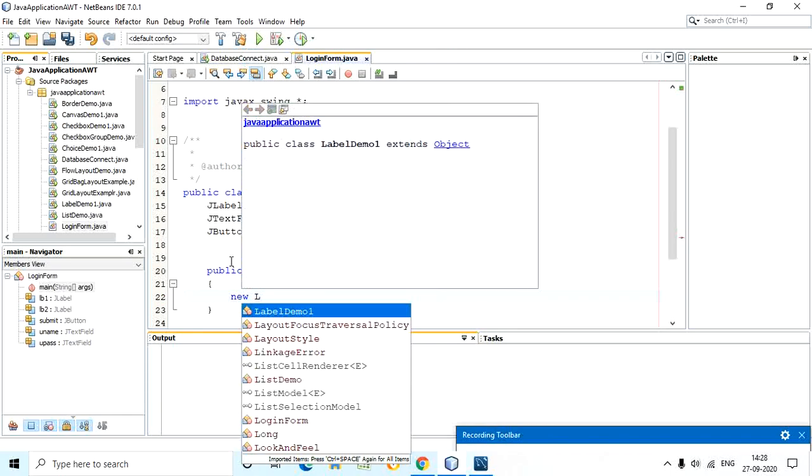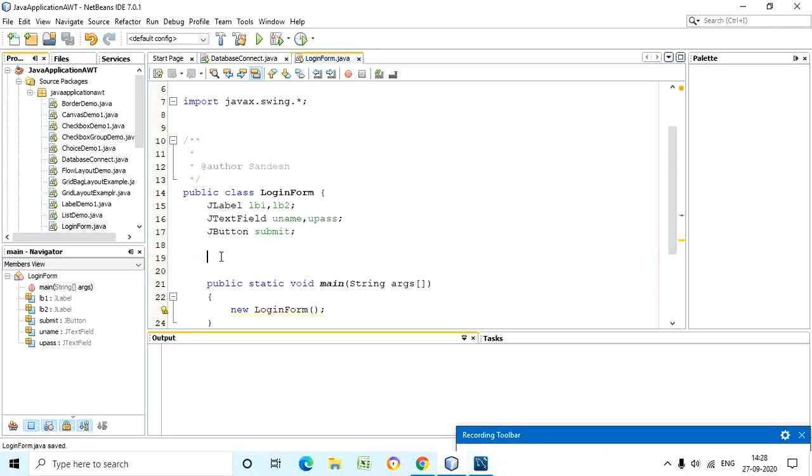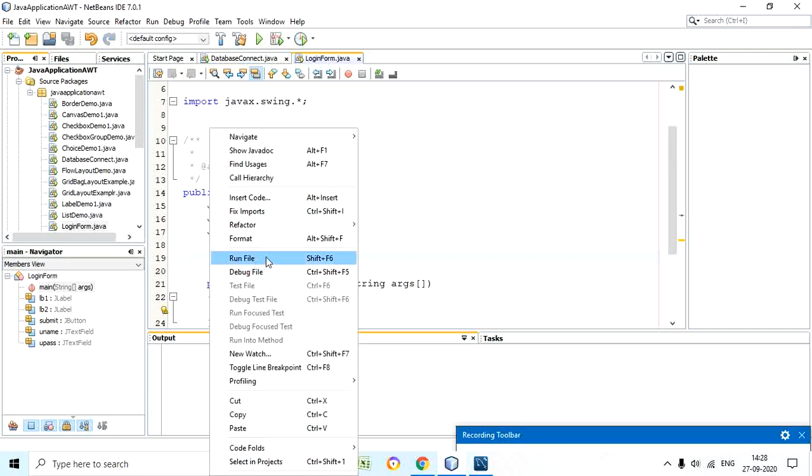So I am calling it in this fashion. This is a class. So I must require a constructor here. So a constructor can be made available. There is a shortcut which is available in the IDE. There is no need to write a constructor actually. What we do, we click within a class and outside a main method, at this particular position, right? And then there is a command called insert code. Okay, we are using this insert code command.